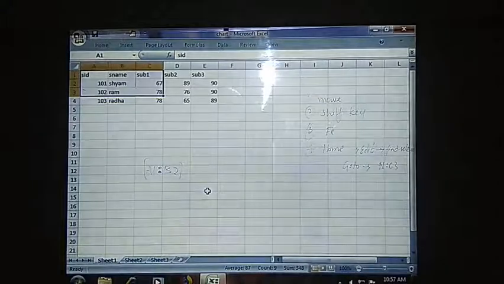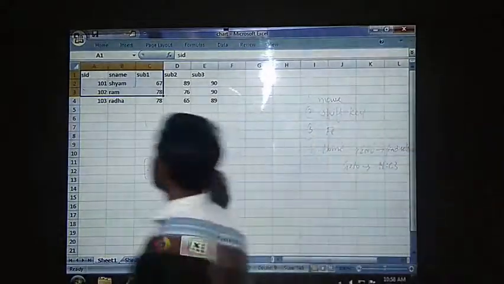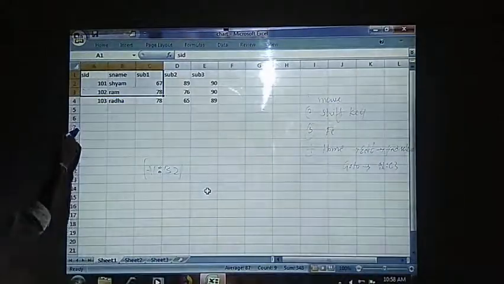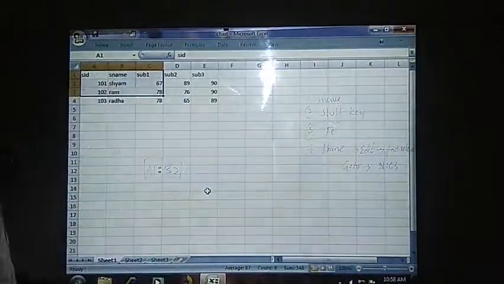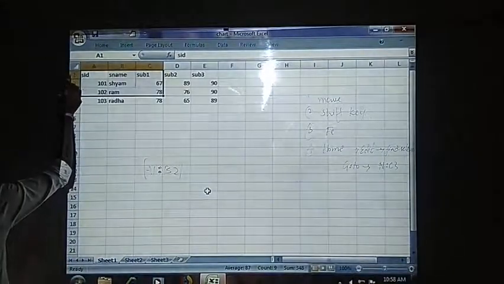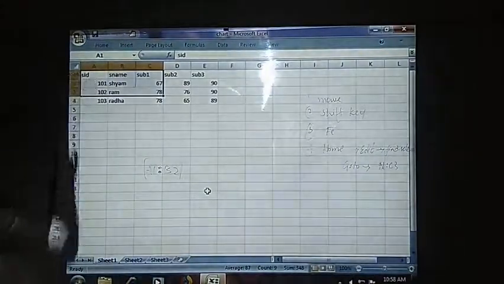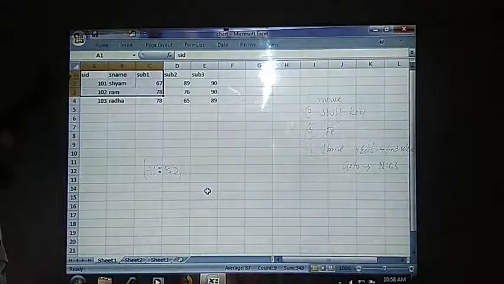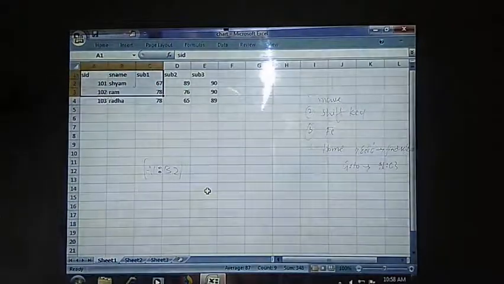range of cells. In order to select a row or a column, we have different kinds of options. How will we select? Just see. These are the row headers, these are the column headers. In order to select this particular row, I will click on this row header, so that I completely select this first row.